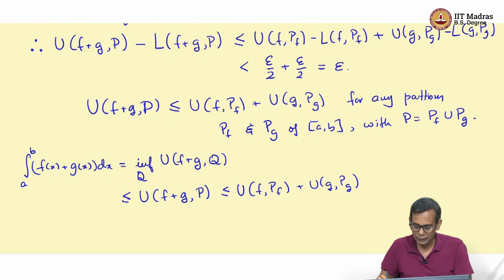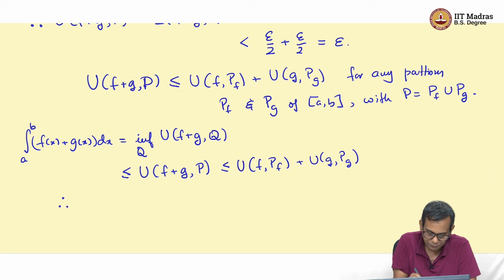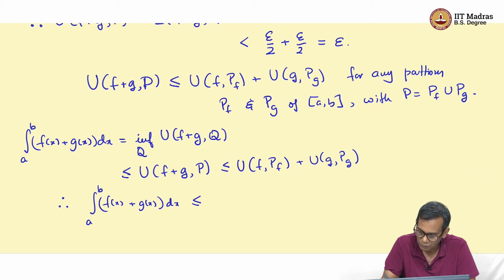And so, it follows, since the integral of f is the infimum of the U of f comma Pf and the integral of g is the infimum of the U of g comma Pg, that the integral from a to b of f of x plus g of x dx is less than or equal to the infimum of these. So, this is the integral from a to b of f of x dx plus the integral from a to b